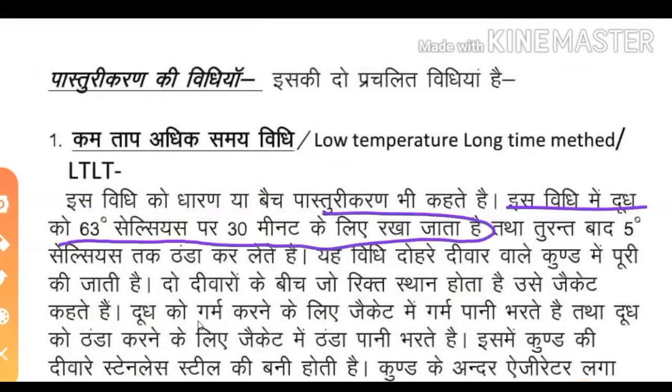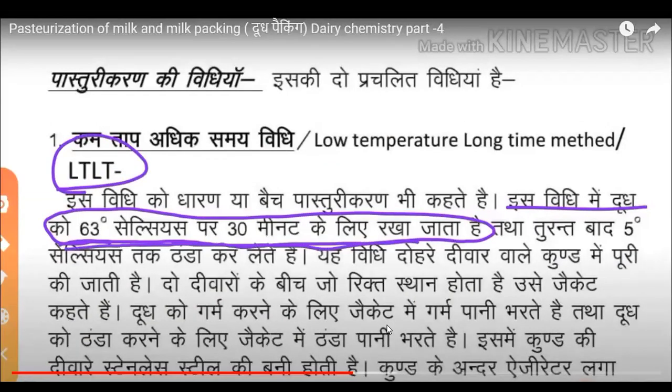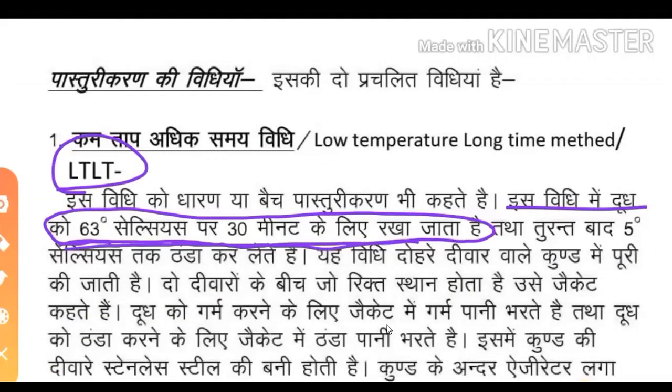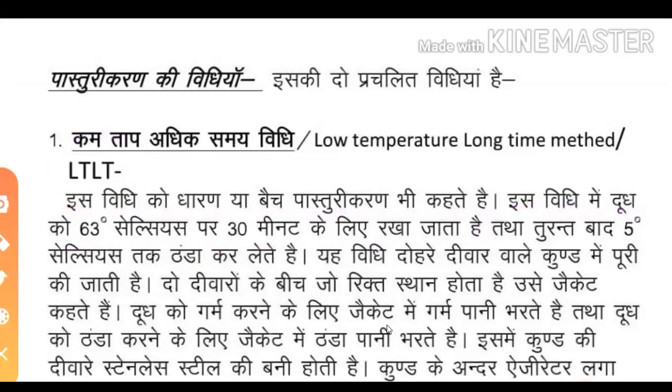जाता है। यह बहुत ही महत्वपूर्ण पॉइंट है कि LTLT के अंदर दूध को कितनी देर के लिए रखा जाता है, तो 63 डिग्री सेल्सियस पर 30 मिनट के लिए रखा जाता है। या फिर ऐसा भी आ सकता है कि 63 डिग्री सेल्सियस पर 30 मिनट के लिए रखा जाता है, कौन सी विधि में? LTLT विधि में। गर्म करने के बाद इसको तुरंत 5 डिग्री सेल्सियस तक ठंडा कर लेते